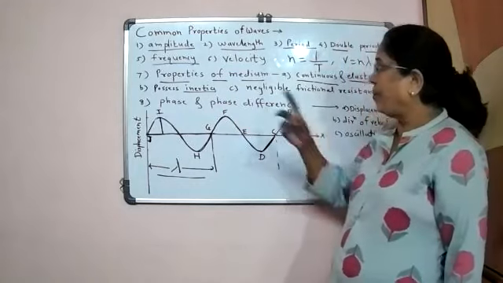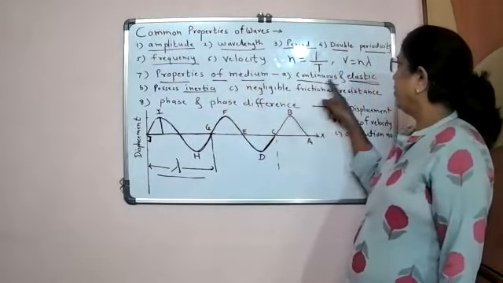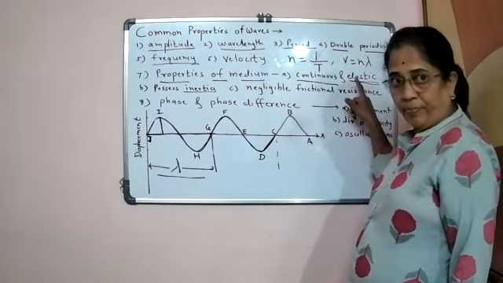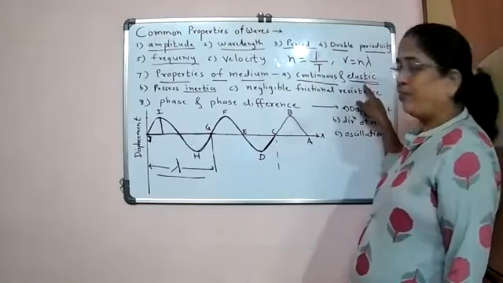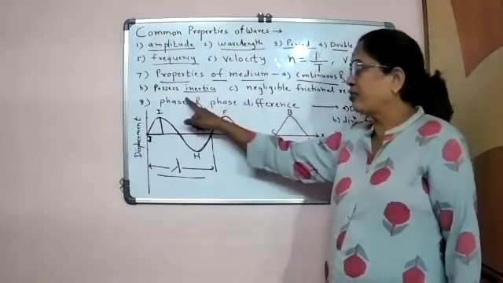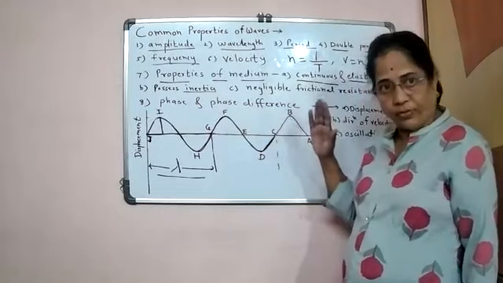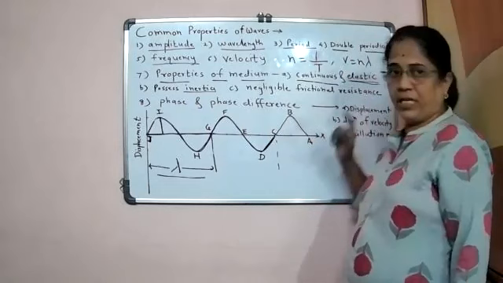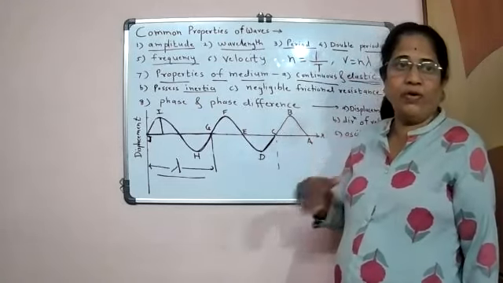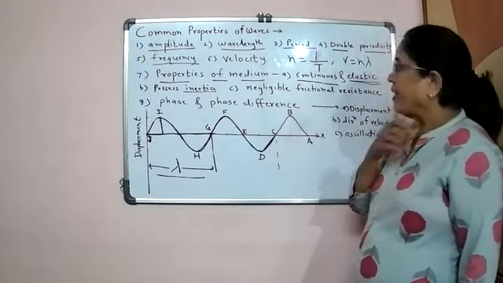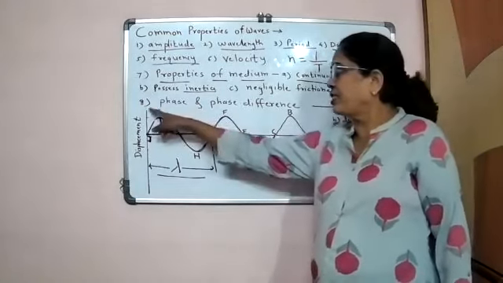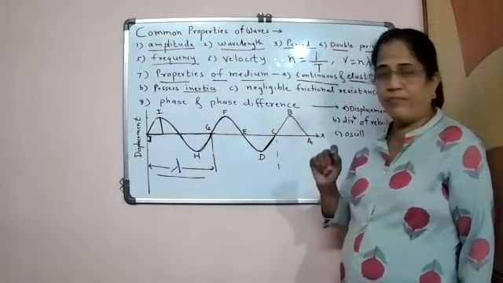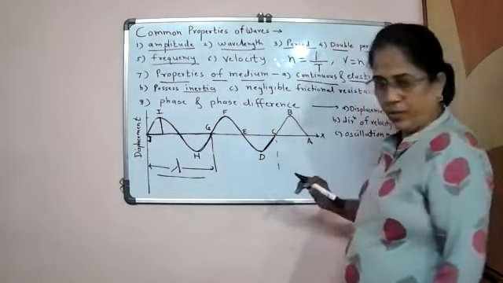So 3 properties of the medium. One is continuous and elastic. Medium should be continuous and it must possess the property of elasticity. It must possess inertia and it must have negligible frictional resistance. And now the next property is phase and phase difference. See, suppose that